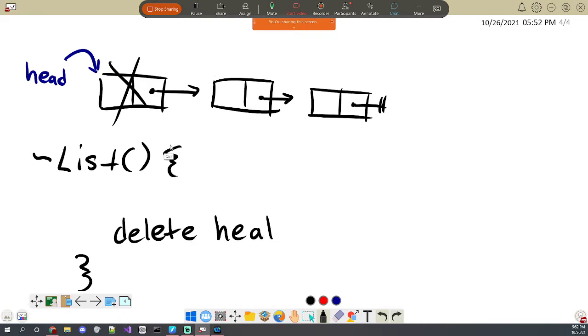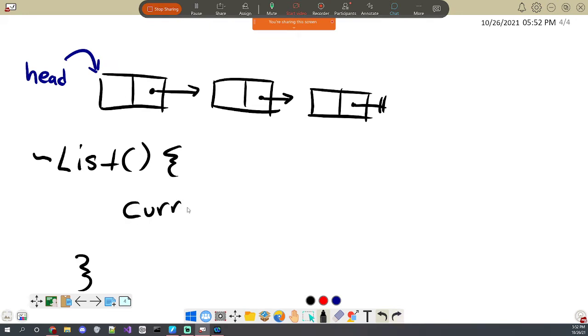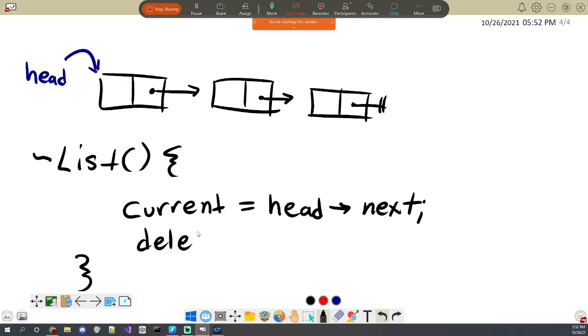And if I was to try to store something, we'll just say equals head next, then delete head, do the same thing.